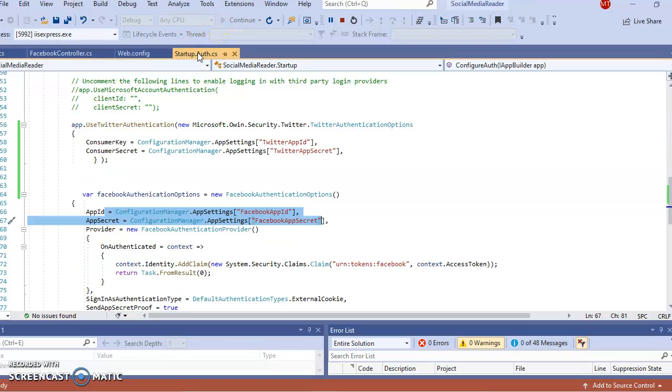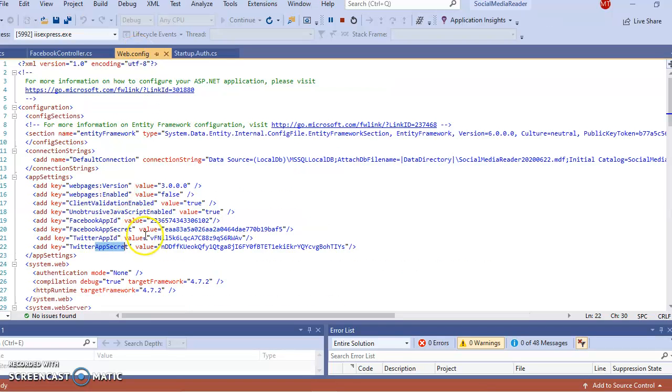Now, for the authentication purpose, we have a file called startup.authentication, where we have two major sections, one for Twitter and the other for Facebook. Coming to this area, we have the Twitter app secret. Yes, we have seen this in the web configuration as well. In web configuration, we use this Twitter app ID where the value is given, and this Twitter app secret.